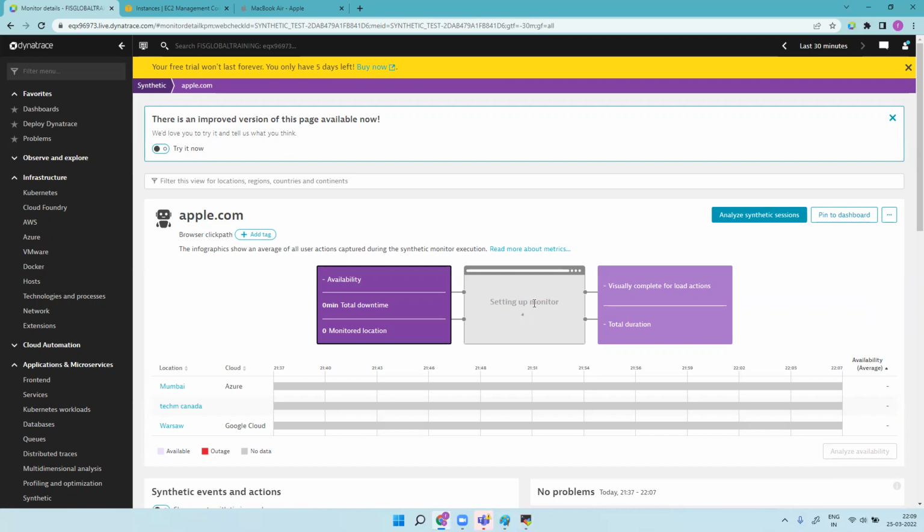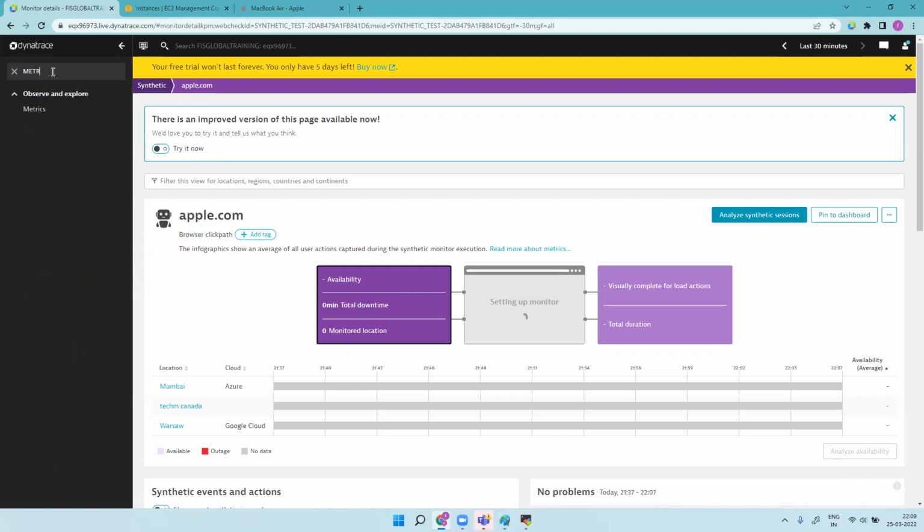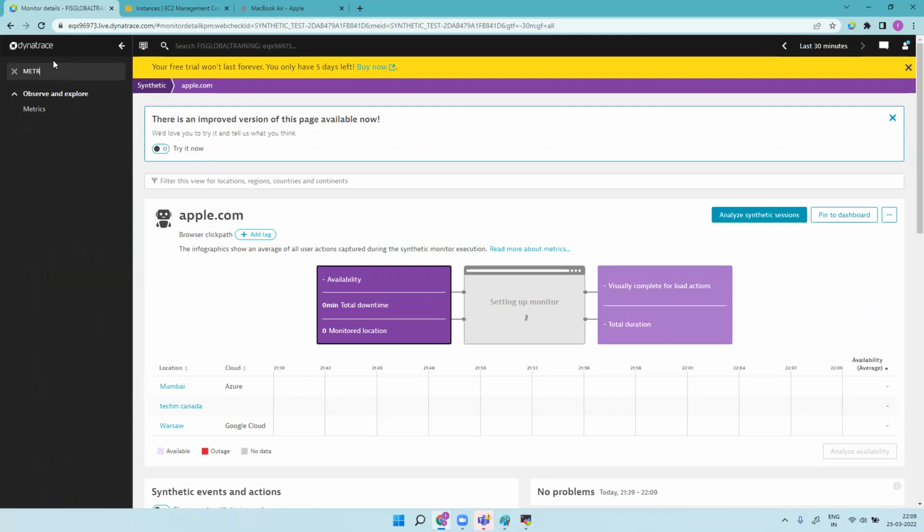Okay. So will it mostly consume Davis units? No, it will not consume Davis units. Why would it? Because this is not a cloud integration or cloud monitoring, right? It is your Dynatrace monitoring. Cloud monitoring means when you have cloud metrics, like if you go to the metric explorer,